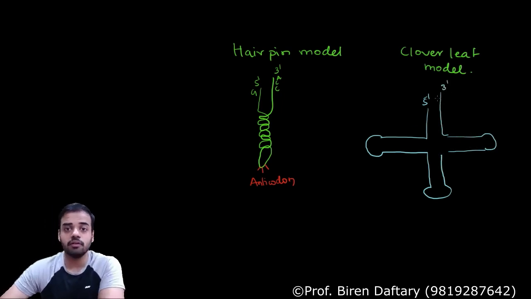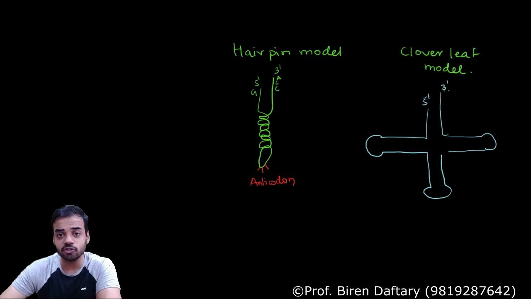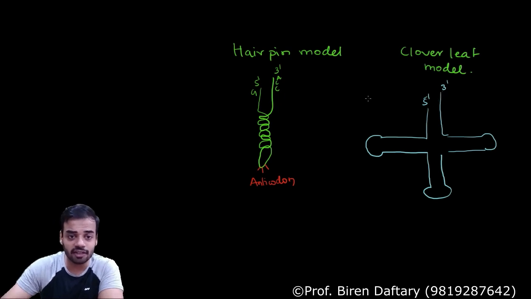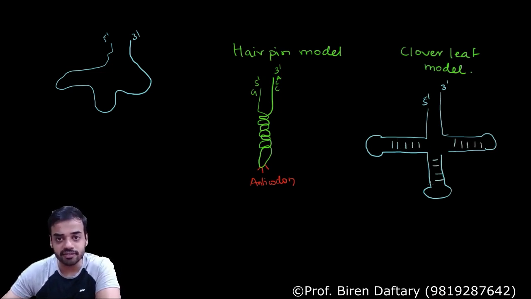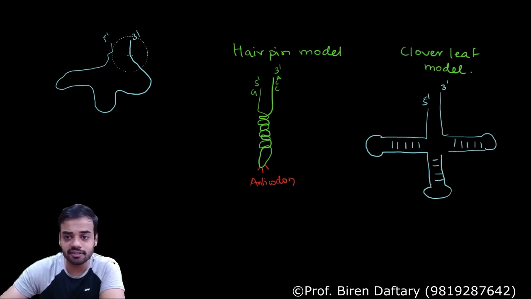So please remember, some people have asked me this before, why are these ends open? Because RNA is a single stranded structure. It is not a double stranded structure. So basically the single stranded structure is itself just going along like this and ending. So one end is going to be 5', the other is going to be 3'. And in this tRNA structure, there is complementary binding in these areas. Okay, so you know that the single strand itself forms loops because complementary bases bind. So it is not a double stranded structure. Please remember that it is a single stranded structure.